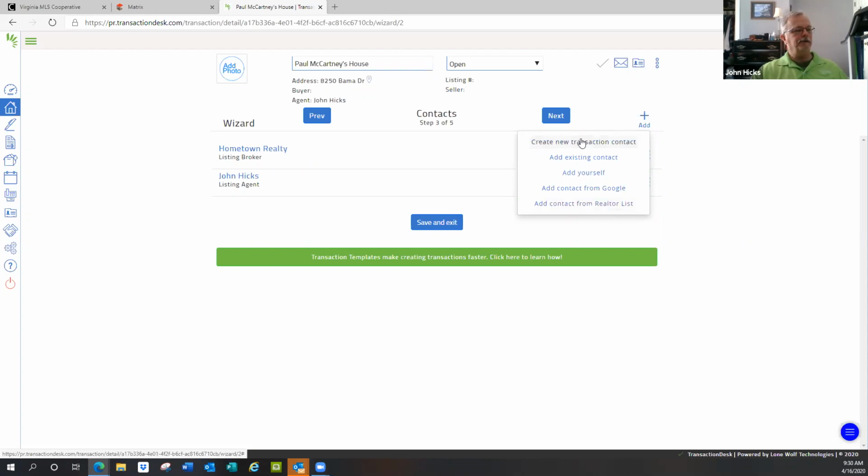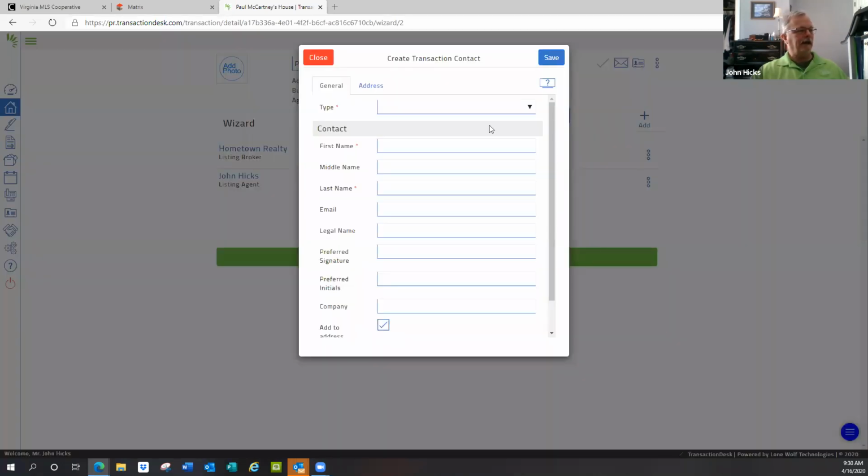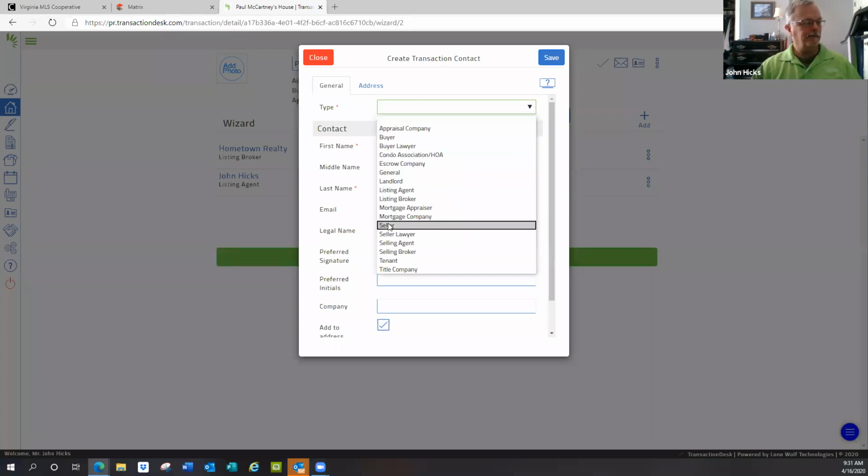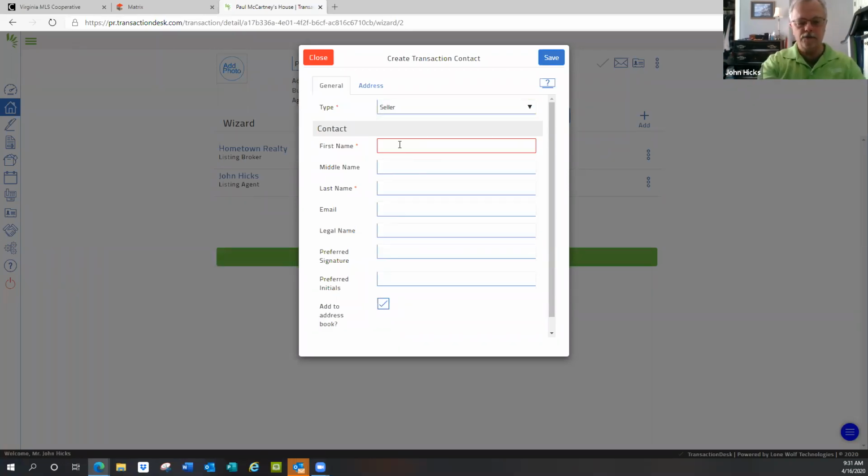So I'm going to go ahead and create a new transaction contact. And the asterisks are required, but email is also considered a required field as well. Because the whole point of this is doing everything electronically, and email is the way you're going to communicate electronically. So I'll make a type here. This is my seller, and his first name, if you remember, is Paul, and last name is McCartney, and his email address will be